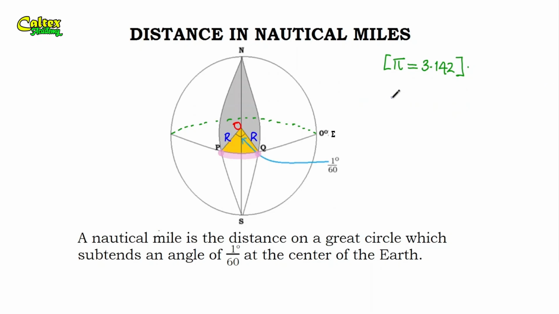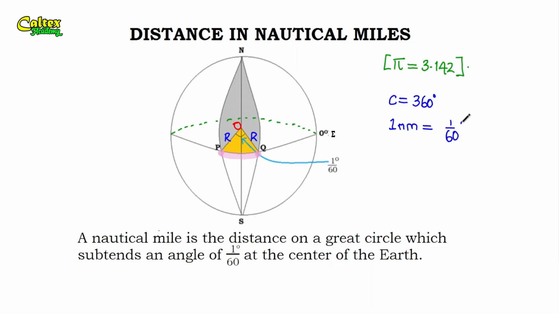The circumference of a circle in terms of degrees is 360 degrees. And from our definition here, we say 1 nautical mile is equivalent to our angle here,